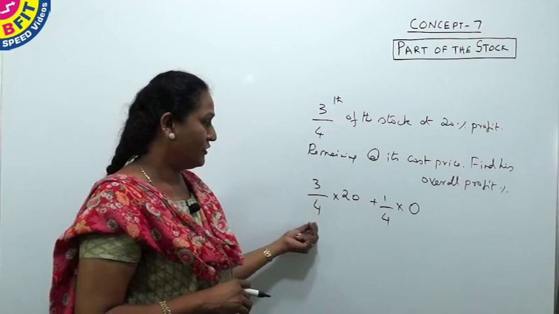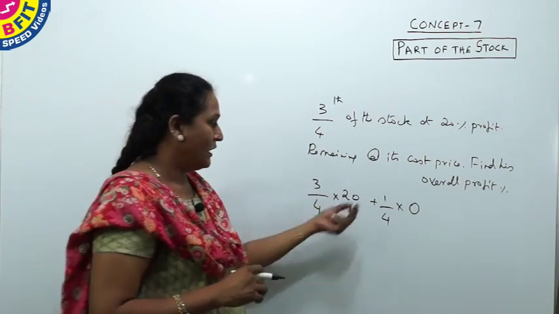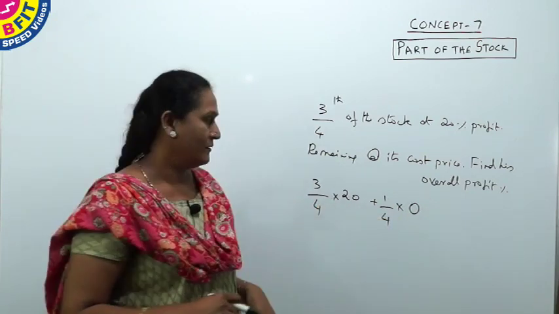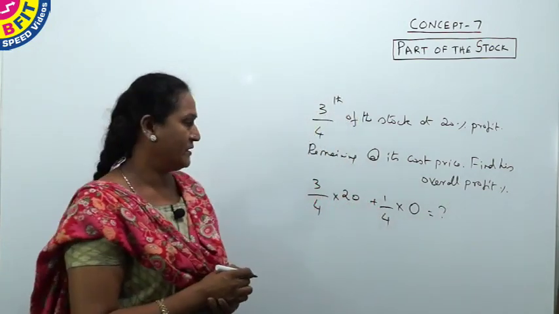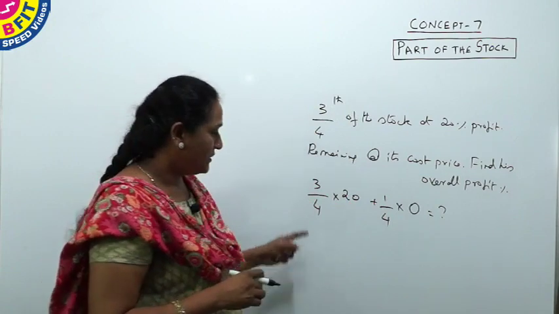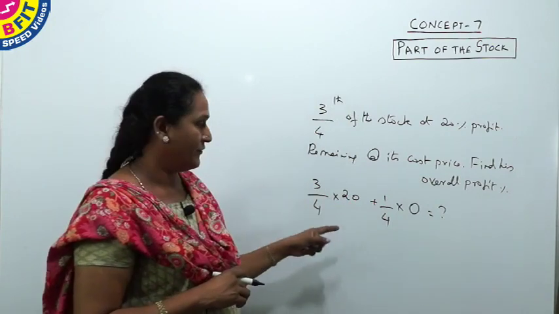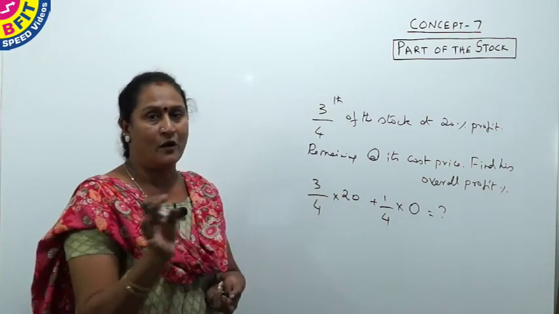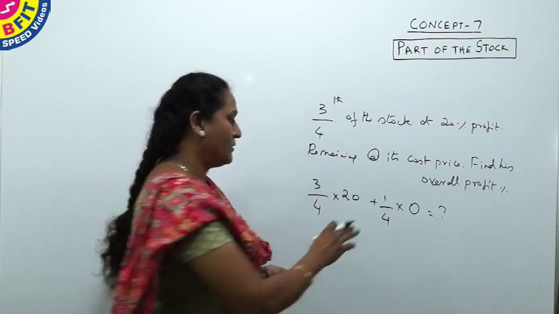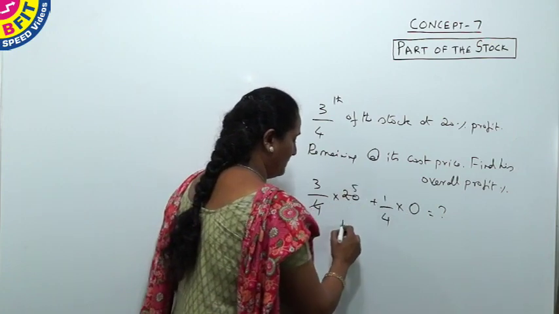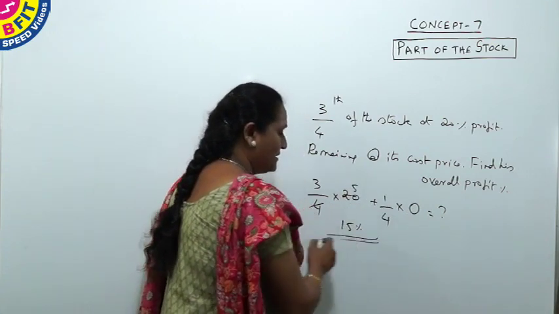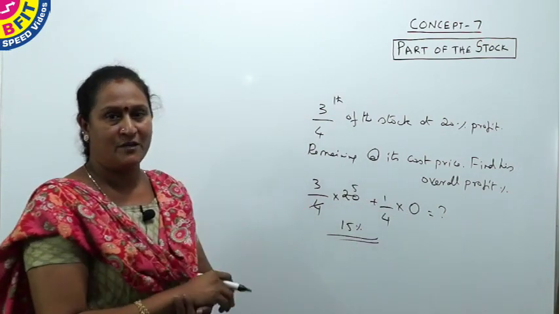So now 3/4 of the stock at 20% profit, and 1/4 no loss or gain. With this, we have to find the overall profit percent. For this question, this 3/4 part of the stock's profit will be distributed to the overall stock. As there is no return on the remaining part,